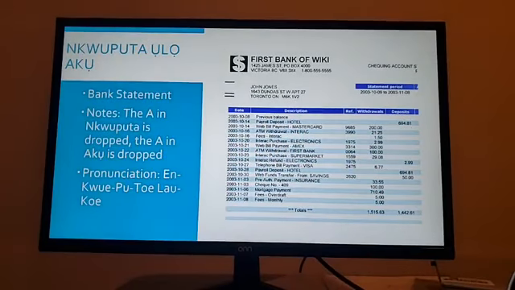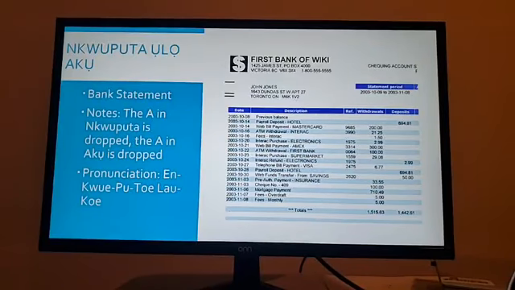Okay, bank statement. And when I was in Nigeria, I mean, it's just like walking into America. The banks are the same. You got a lobby, you got your tellers, you have your special people that you would talk to for other stuff like mortgages and all that. It is set up exactly the same as the United States when you walk into a bank in Nigeria. So to say bank statement, in other words, what your transactions were for a month, which you'll get on paper just like anywhere else, it would be